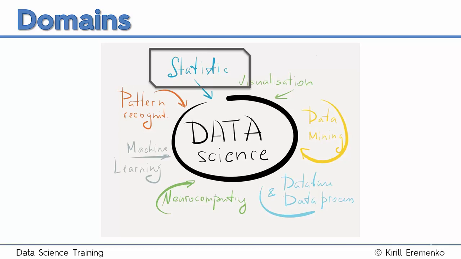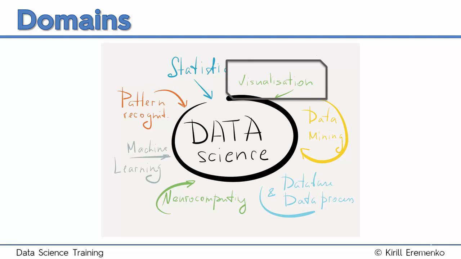Starting from the top. Statistics. Because data science involves working with data and hard facts all the time, you have to be able to separate random noise from actual trends. Also, you need to know how to build models that classify populations and provide reliable forecasts of future events.